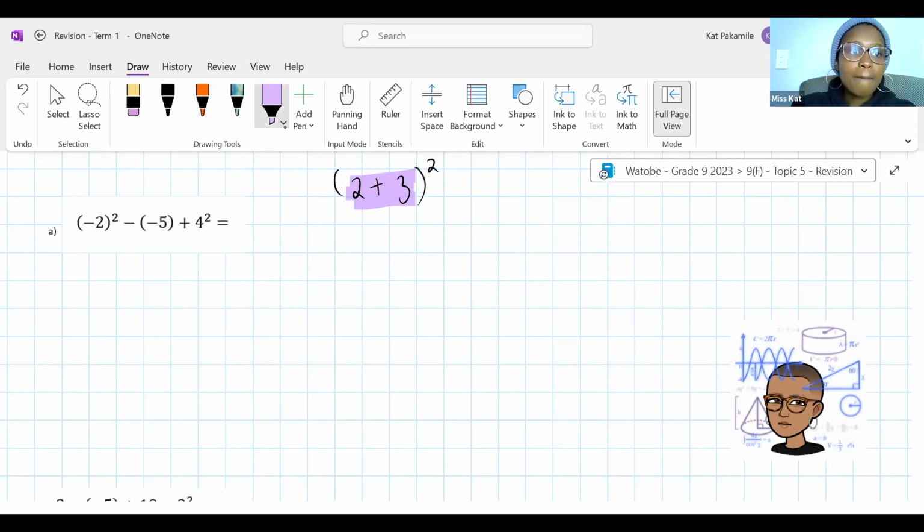But in this case, these brackets are just showing us that the 5 is negative and the 2 is negative. That's all they're doing. Okay? Are we understanding what I'm saying, guys? I know you can see brackets, but you have to apply logic to it. Is there any brackets that need to be worked out? Not necessarily, because what are you going to do inside of here? All you have is a negative 5. You don't have a negative 5 plus 2 or negative 5 minus 10. All you have is a negative 5. Here, all you have is a negative 2.